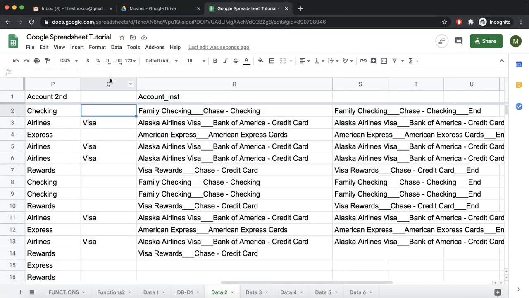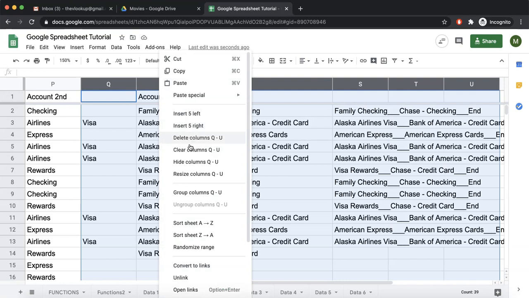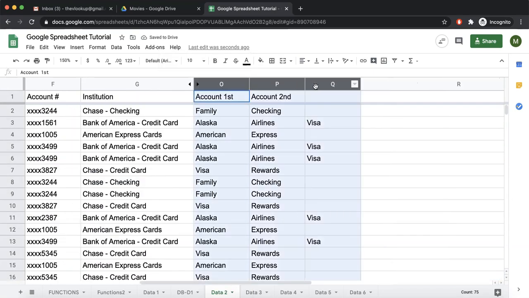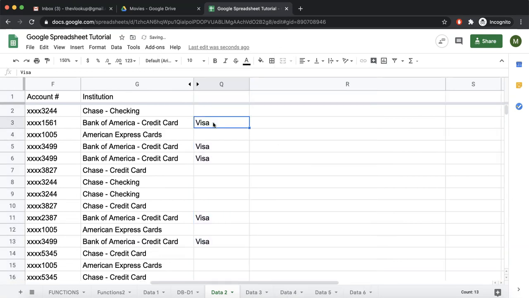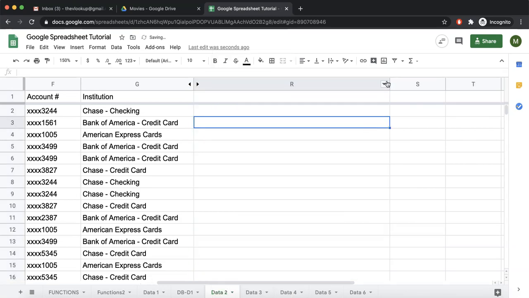So what I did is I click on Q, press shift, right, R is selected, S is selected, T, U, right click and hide. Also hide all of these things. This is also to be hidden, and make this column smaller.